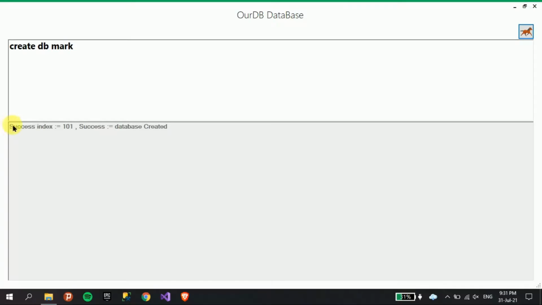It works the same, but it is like an Oracle GUI console, so we tried to create it. It works perfectly. Now create a table. First of all, let me select the database, sorry, select db mark.